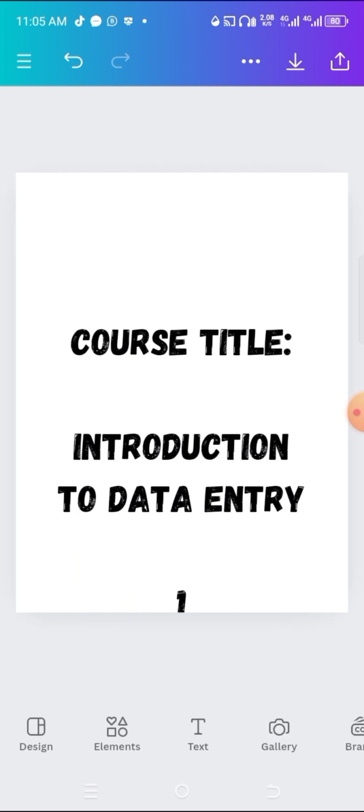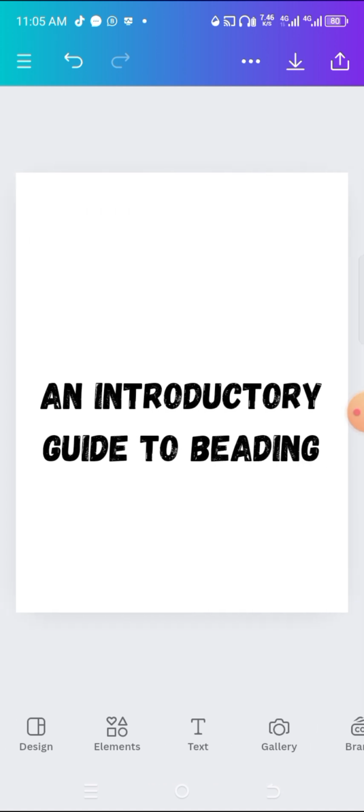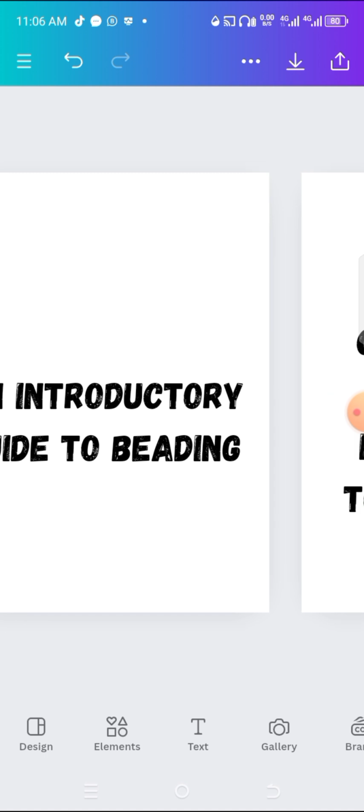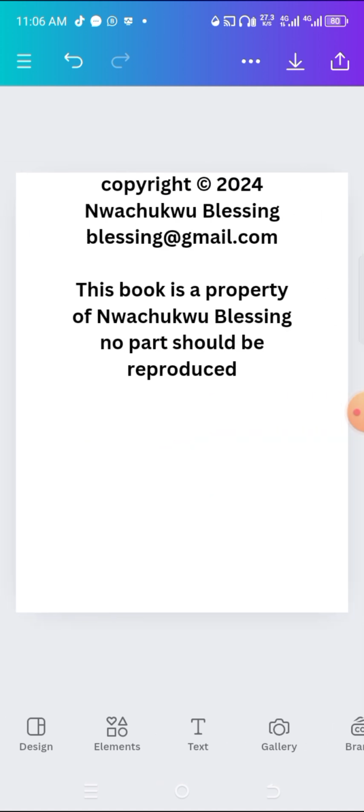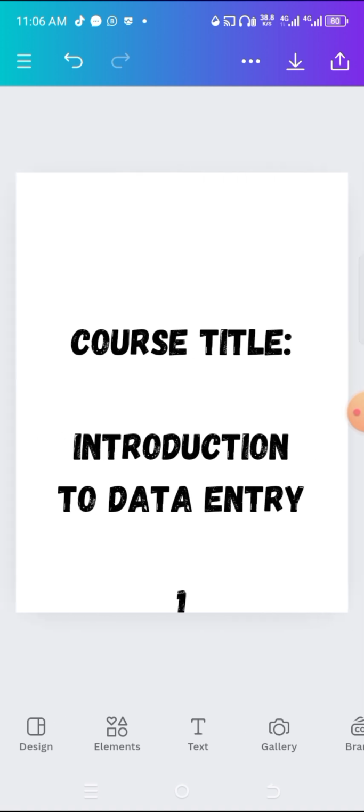Depending on the course of your ebook, it's also very important that you attach images or illustrations, for example, where necessary, where you can add charts, graphs to illustrate or to emphasize on what message you're trying to pass. It's very important. For example, this course is